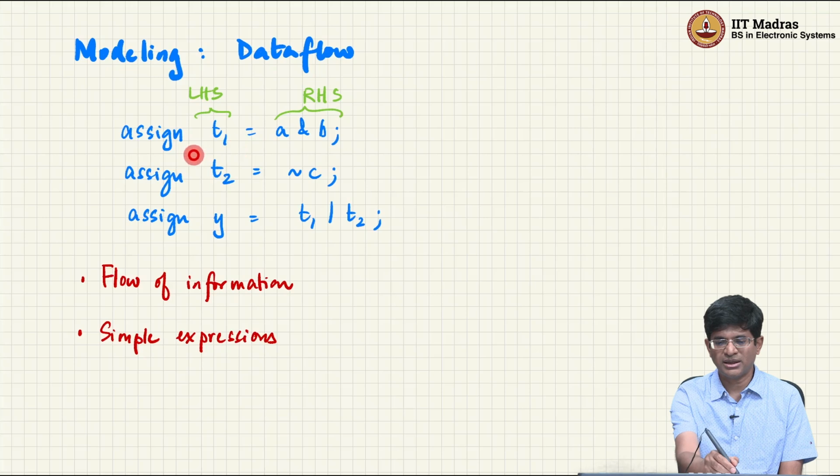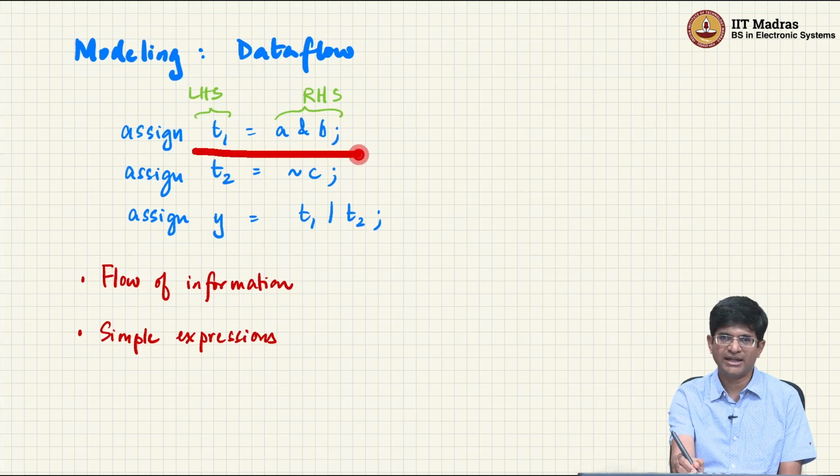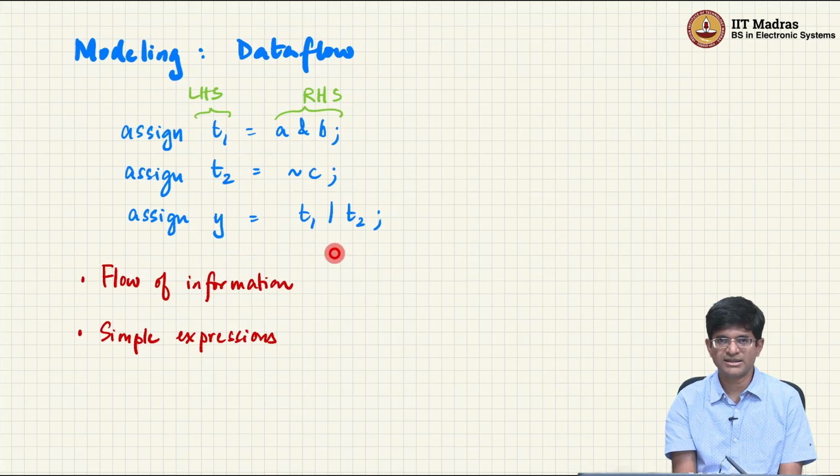I would basically now just say assign T1 equals A and B, right. So I am not instantiating an AND gate, I am just using the expression out here. Assign T2 equal to not C and assign Y equal to T1 or T2. The same functionality as the previous case, right, but now separated out into three different assign statements, continuous